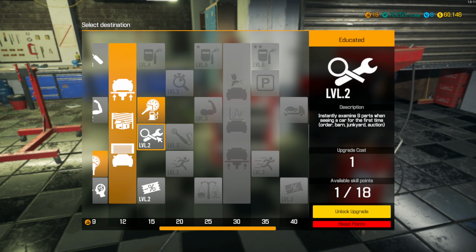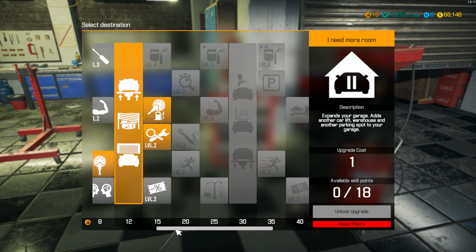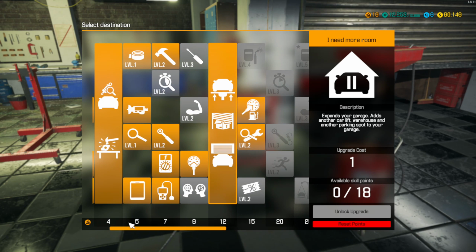Okay. Apparently we have to get another one of these first. Instantly examine 9 parts. Let's do that. I don't know how many more than we have to get before we can get over here too. Oh, I see. I think I see how it goes. There are certain, I didn't even realize we had certain levels there. So we probably need to get...